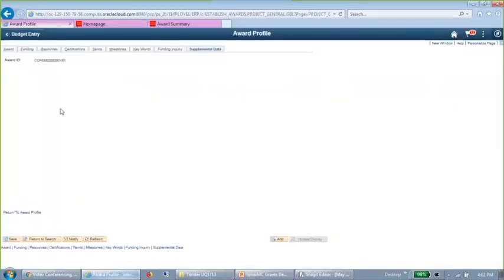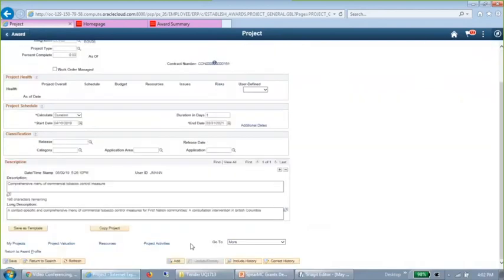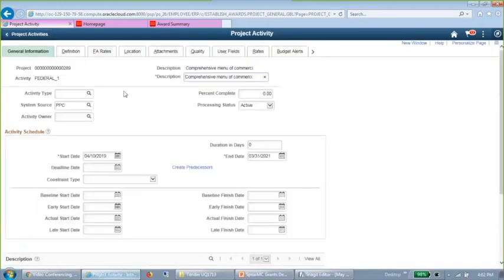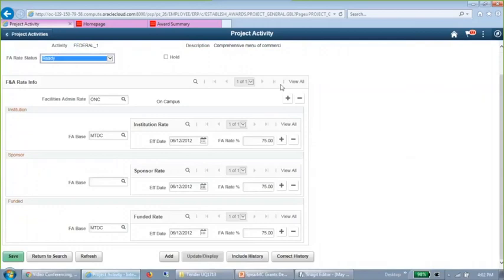Okay, last thing on the setup, I wanted to talk about the indirect cost processing. We saw it at the proposal stage, the F&A rate. That was brought over to the proposal, but you could still make changes if you needed to. So I'm drilling down into the activity underneath my project. When I go into the F&A rates tab, you'll see a similar structure where there's a base and an actual